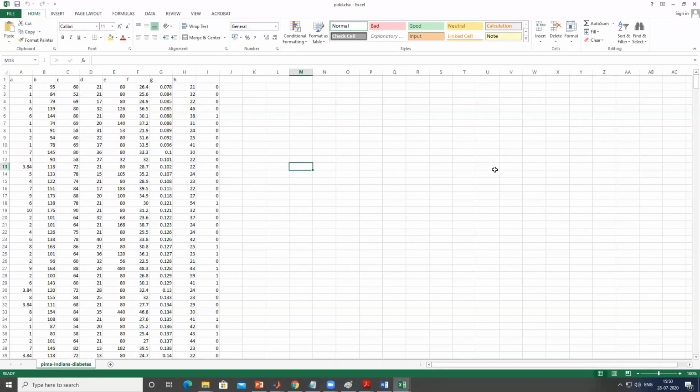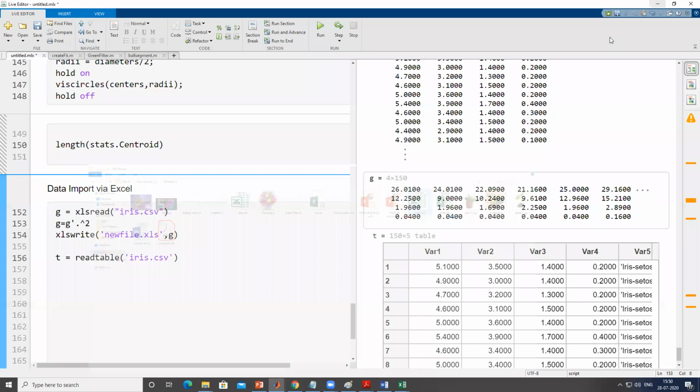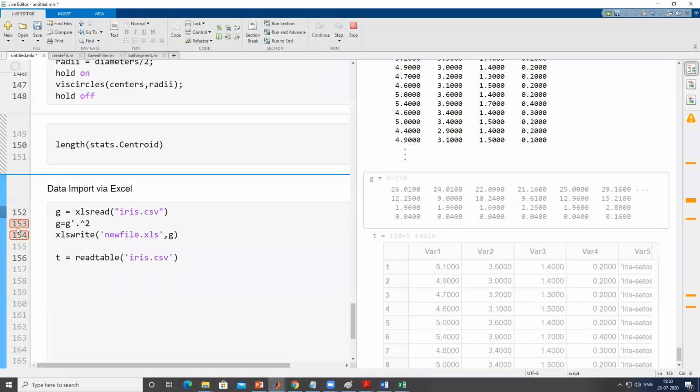How to put a breakpoint in our program? Breakpoints and all these things we use only when we are doing testing. For a breakpoint, you just have to click on the line number. Suppose I want a breakpoint at this step, I just click it and it creates a breakpoint there. If I run this section, the command will stop there until I give permission to go to the next step. If I click on the next step, it will evaluate the G square and transpose term.